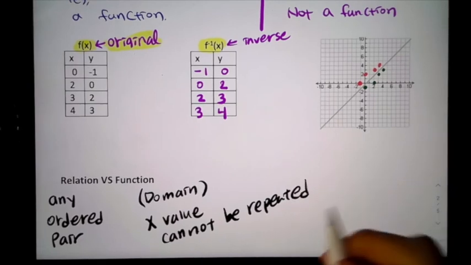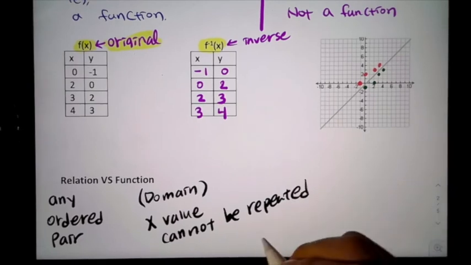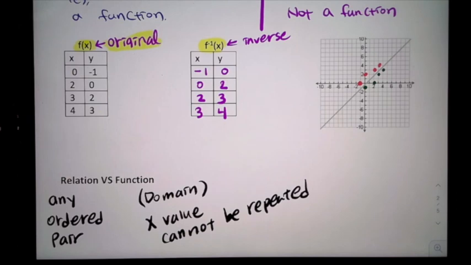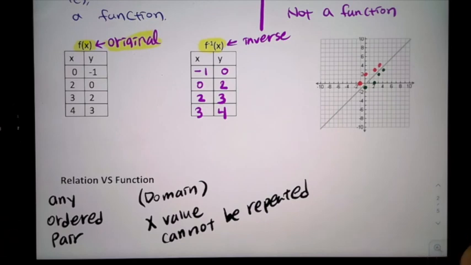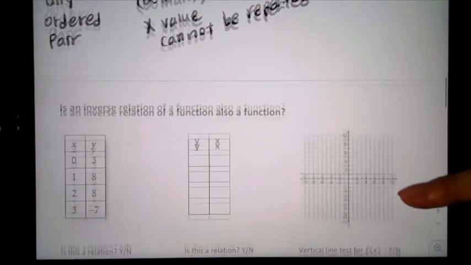Or you can also say for one x value you have only one y value. So each domain value has one y value. So that's the relation and that's the function. Right? So when you move on,